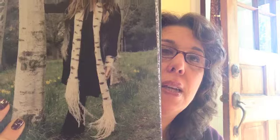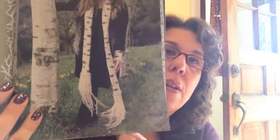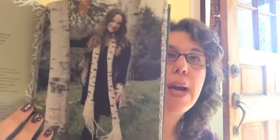I love the wispy ends of the cowl, and you can make the little wrist warmers to match. Beautiful. I'm definitely making this because I love that pattern. I fell in love with it from the start. I had never bought it, but